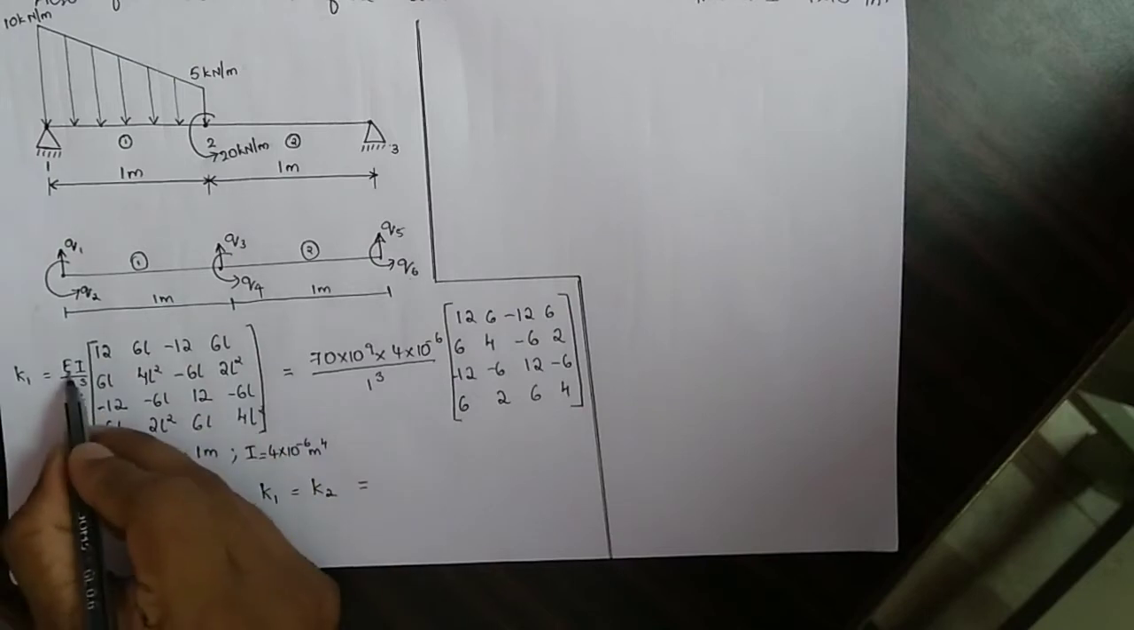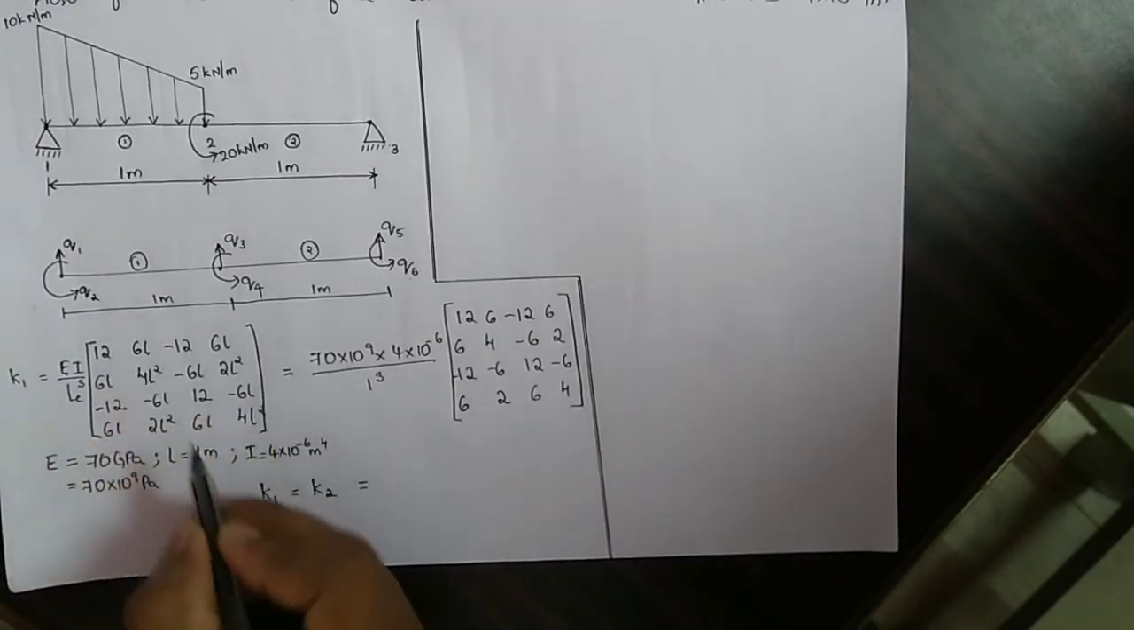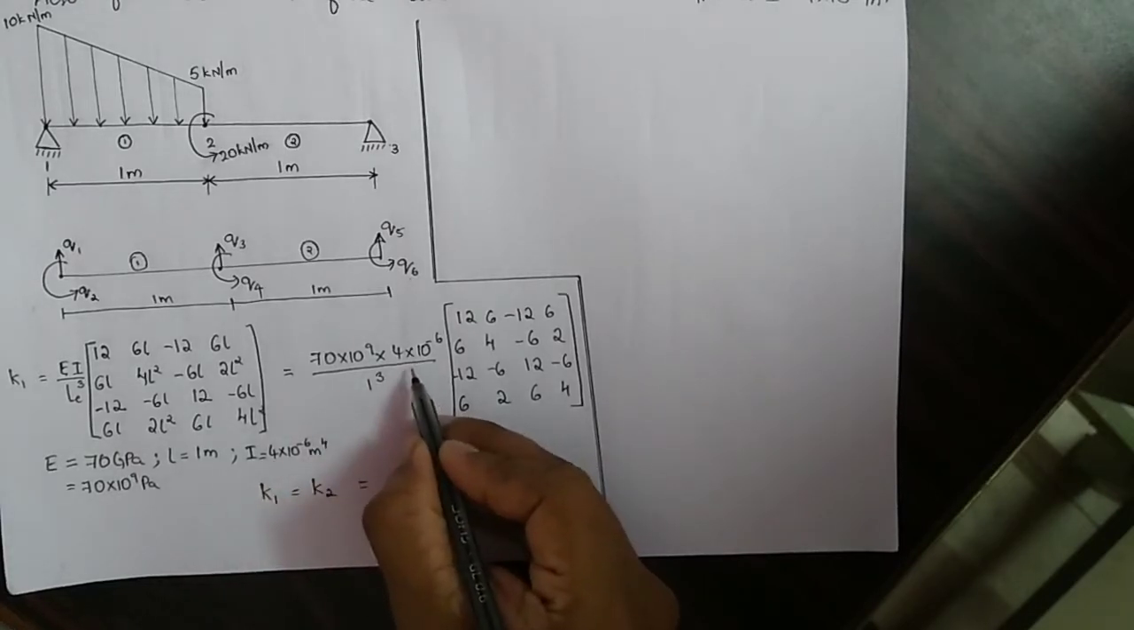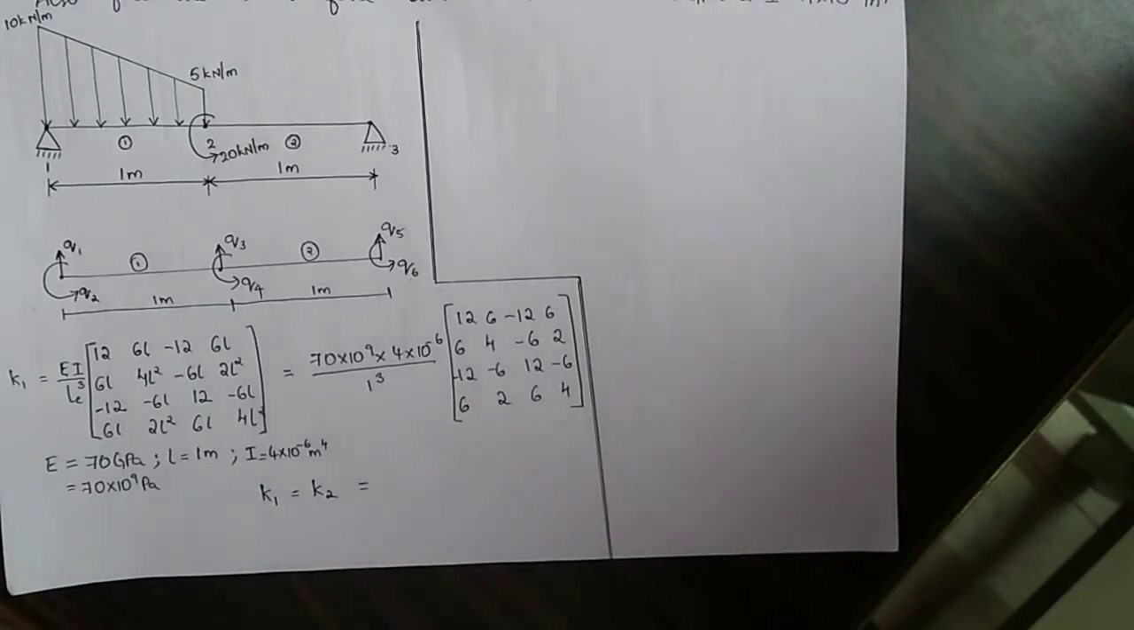L is 1, E is 70 into 10 raised to 9, and I is 4 into 10 raised to minus 6. So I have multiplied it here, and I will write the value for that. That will be 70 into 10 raised to 9 into 4 into 10 raised to minus 6 divided by 1. That will be 2.8